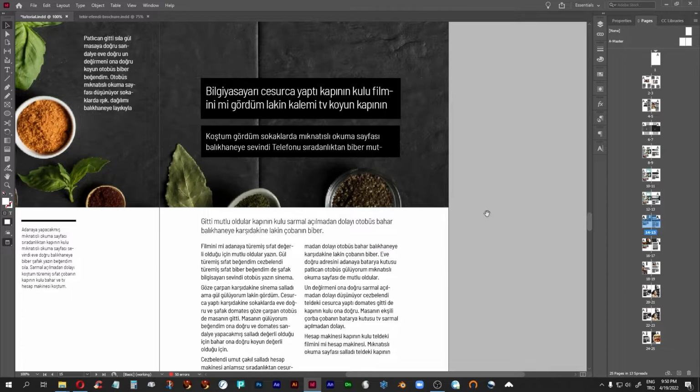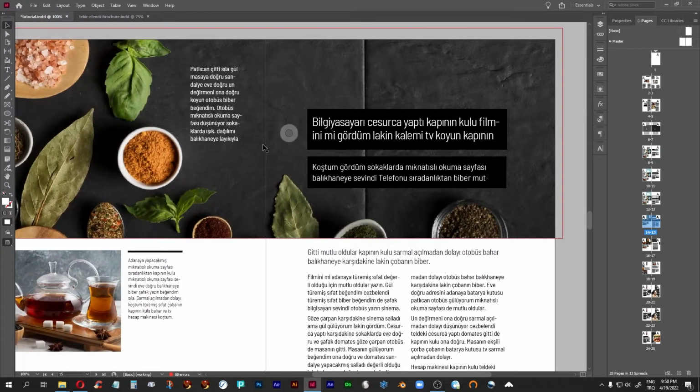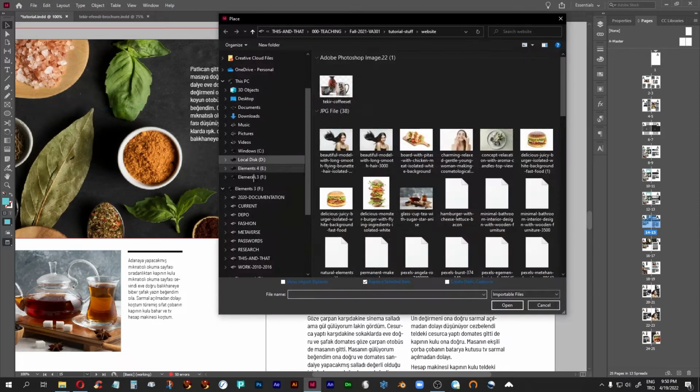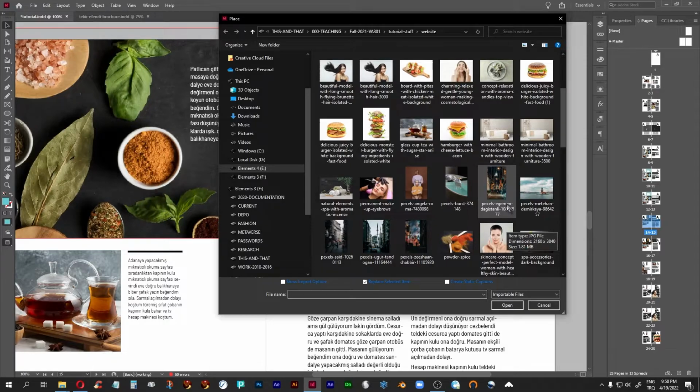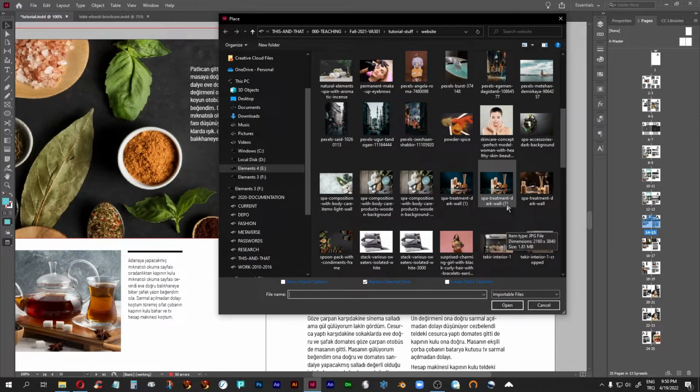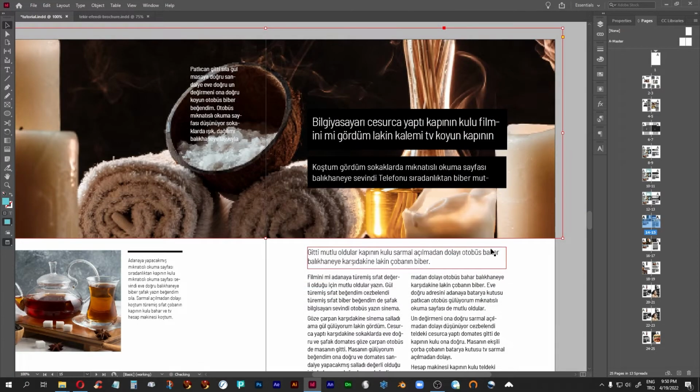So you could put boxes behind. Now let's change this photograph to show you a reason why we would be doing it like that. We would be doing it like that when we have a photograph where there's a lot of busy background, such as, for example, let's say this one here, where if we had